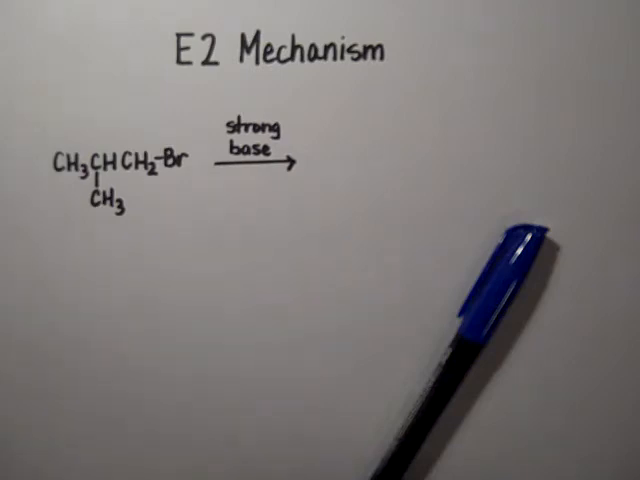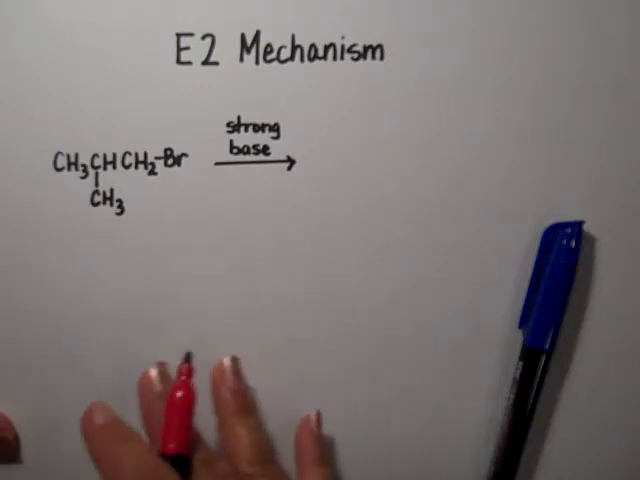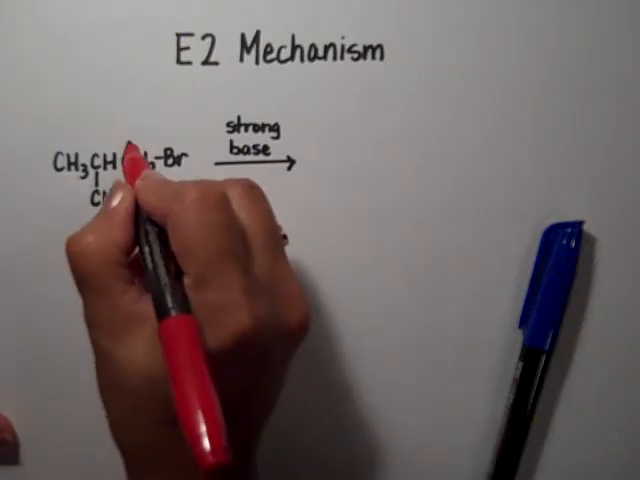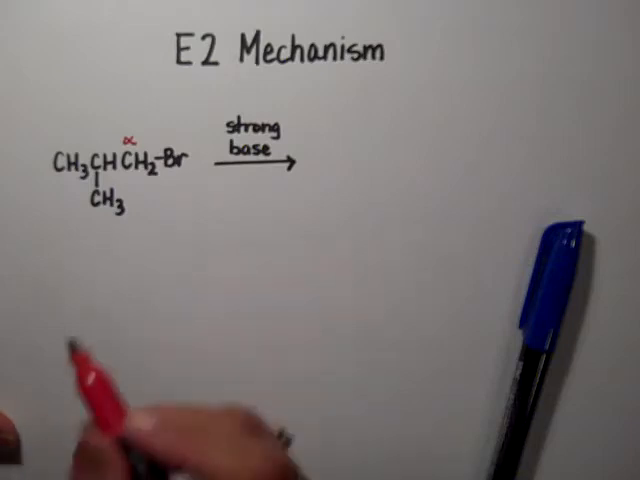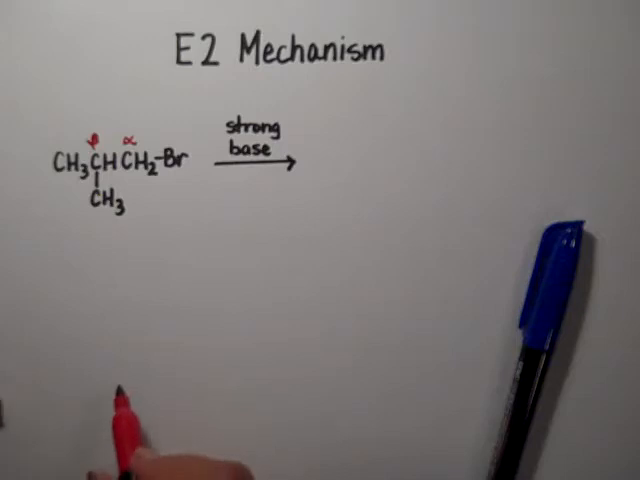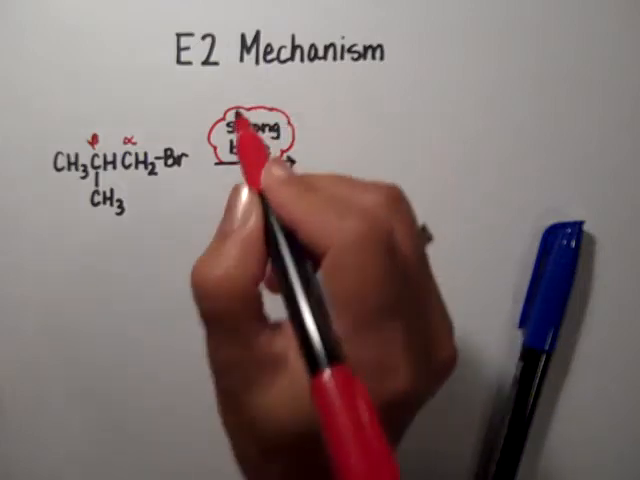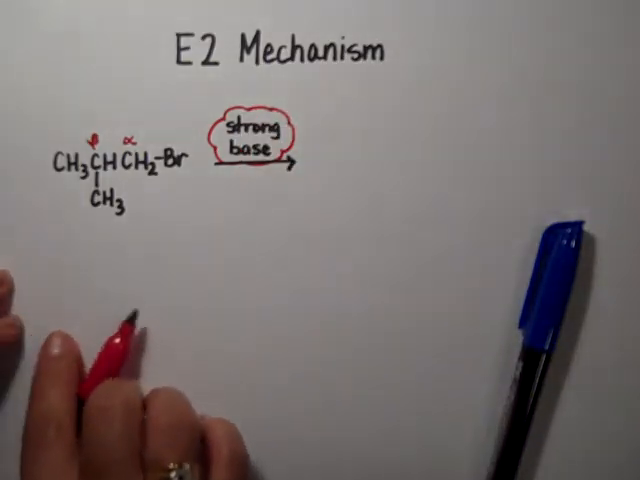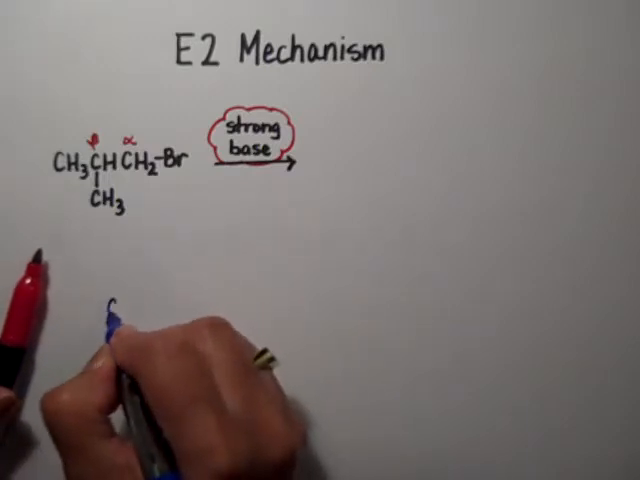Excellent, you're back. The E2 mechanism, we're going to go through the motions as we usually do. We mark our alpha carbon. We also mark our beta carbon. And the other thing that we need to do for an E2 reaction is that we must have a strong base. Now, the strong bases that we use are usually alkoxides. And in terms of alkoxides, we're going to use